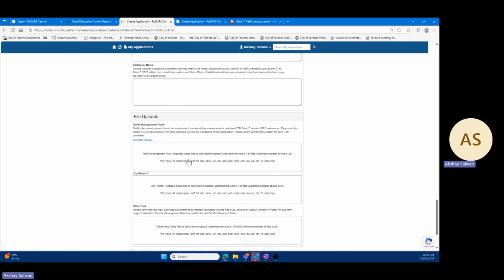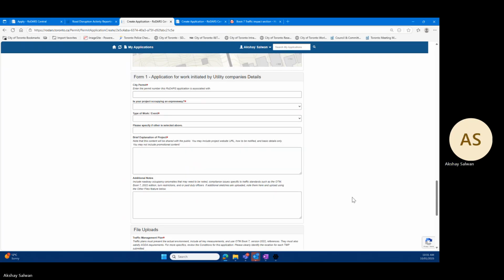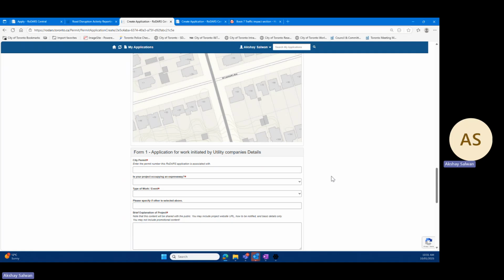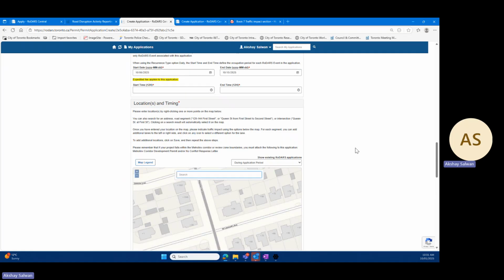Similar to that, you need to upload the traffic management plan. We also have a template sample in case you are confused what kind of traffic management plan the city is expecting. And then you have some other files related to the Metrolinx corridor development permit or no conflict response letter, whatever is appropriate in your particular case. So now going back to the traffic impact section,